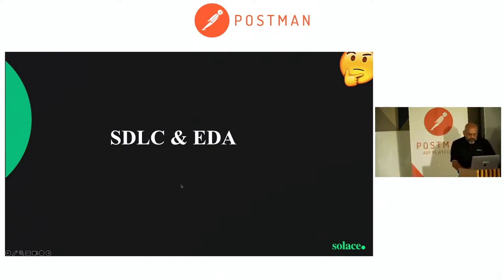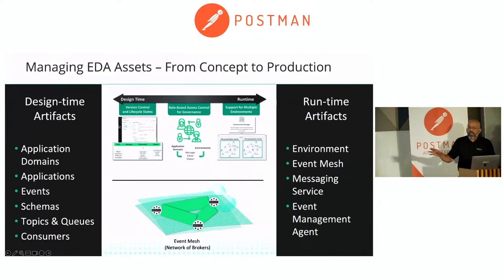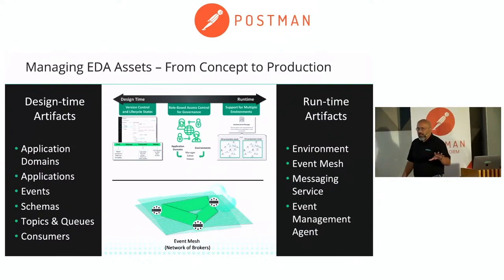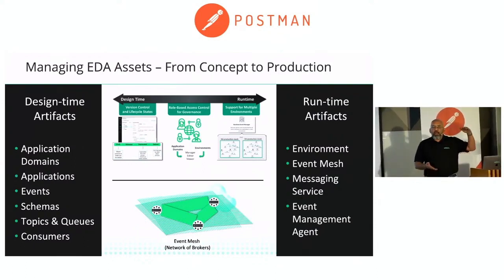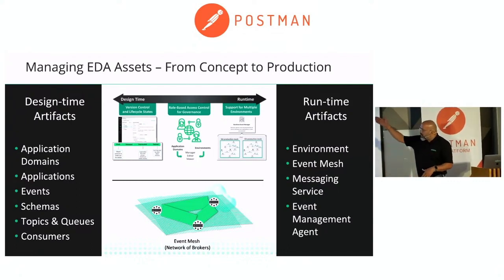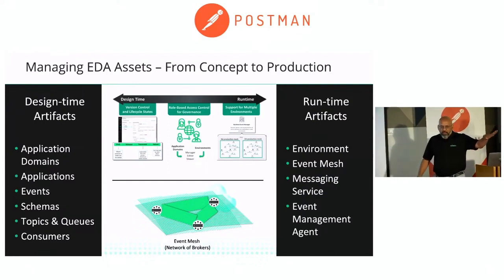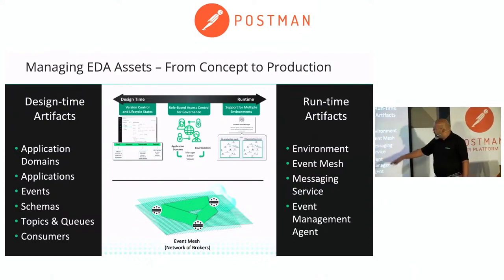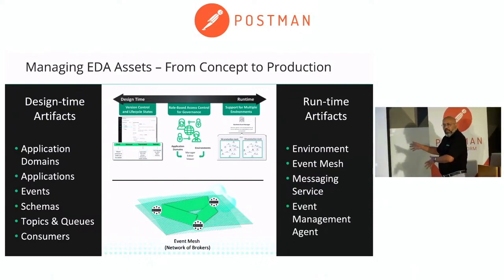So what am I talking about? The assets that you create from an EDA perspective can be grouped into two buckets. The design time assets: when you're building an application, you want to see them in the context of your business relevance. I'm going to create a domain, which is a kind of container of all the applications belonging to the domain. And at application level, I'm going to say what events can be published, what events can be subscribed, and so on. Last but not least, the schema, right? So pretty much it draws a parallel to what we have in the API. And the topics and queues are very specific to EDA, right?